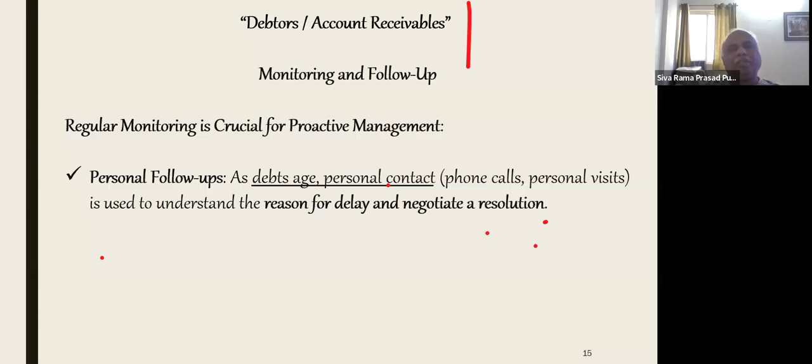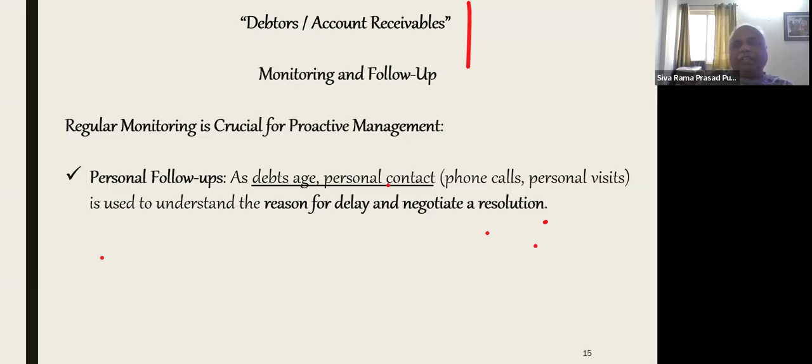Personal follow-up. Some of the people, particularly those who have availed credit from the company, are sometimes not responding to the email or the SMS. In that case, the company will send their executives to go there and ask them when they are going to pay. Like that, during the CIRP process also, if the company is a going concern, the IRP or RP,